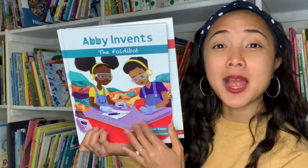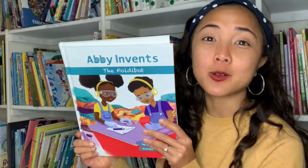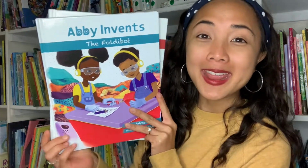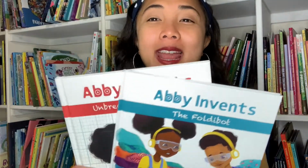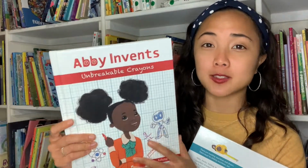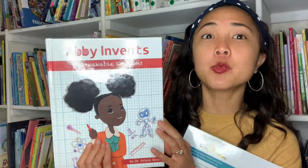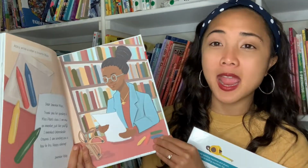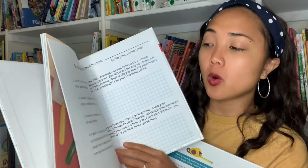So these are actually by a biochemical engineer who has several patents out for inventions and creations, Dr. Arlen Simone, and she actually shared these books with me, and they're really cool. It goes into the scientific process as well. So there's this little girl, she always thinks of what's a problem she has, and then how can she fix it. And of course, she doesn't solve it right away at first, so it's always cool to see